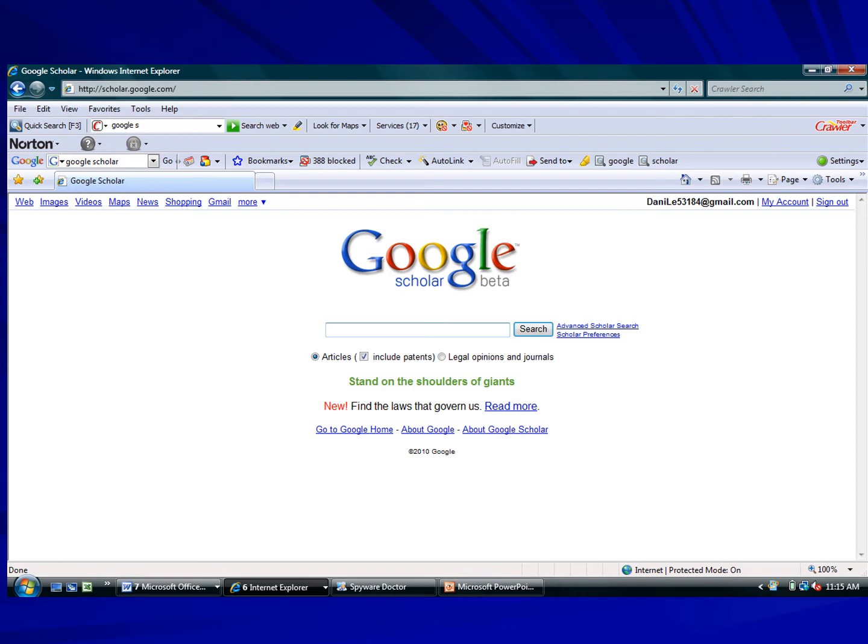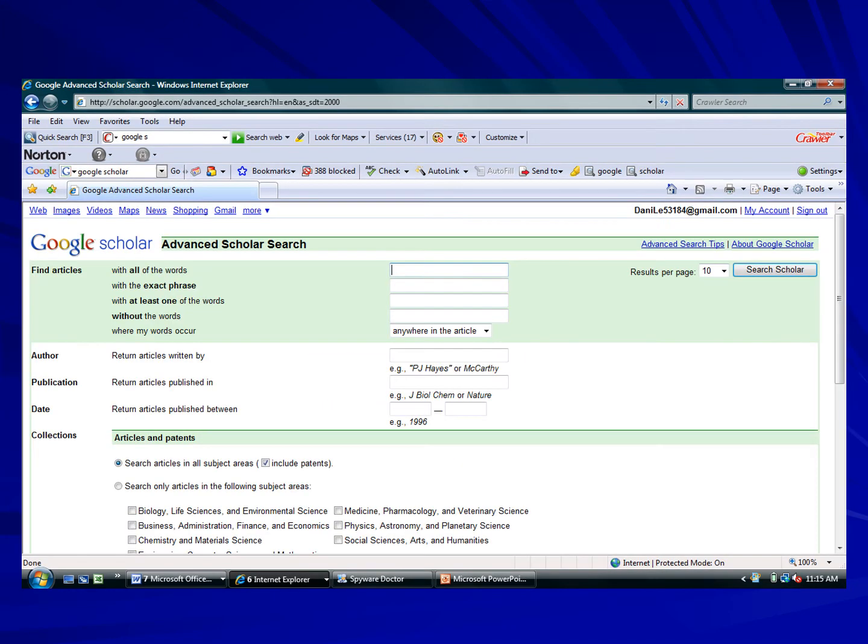I had suggested to you in another email that you go into Google Scholar as a really quick way to take a look at what there might be out there that is of interest to you. So you can see the address scholar.google.com. Looks similar to Google. I clicked on the Advanced Scholar Search, which was on the page preceding. And then you can put in your various keywords and the like. You can also